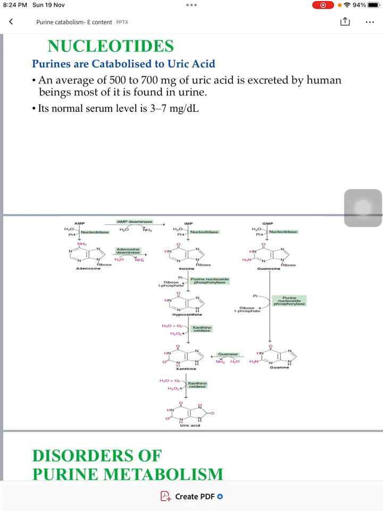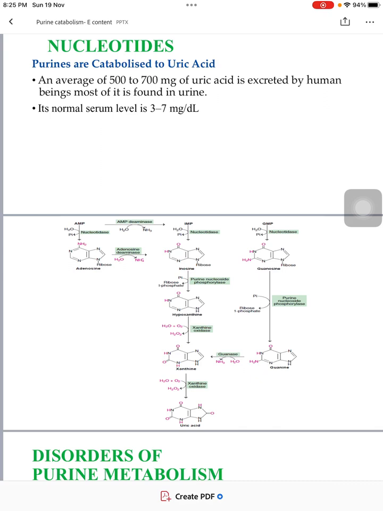Or the adenosine monophosphate is converted into adenosine with the help of the nucleotidase enzyme, where the phosphate group is removed by hydrolysis. The adenosine thus formed is again deaminated to inosine, and the reaction is catalyzed by adenosine deaminase. The inosine monophosphate formed initially can be converted into inosine with the help of the enzyme nucleotidase. And the resultant product, inosine, is